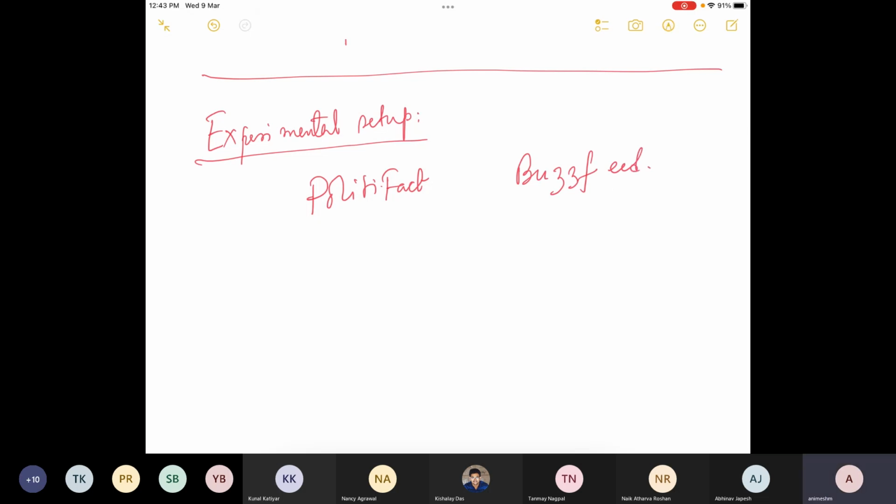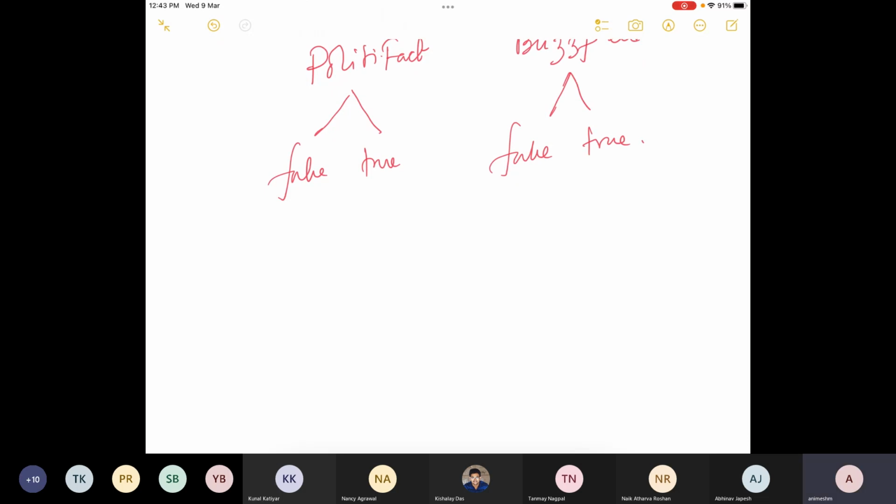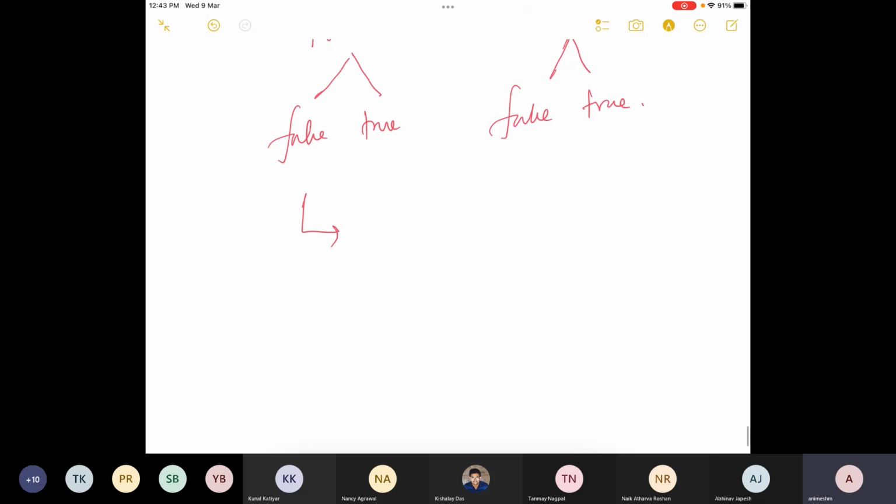Okay. And each of these data sets had two types of news articles, fake and true. Okay. So all of these had the article containing the headline, the body,